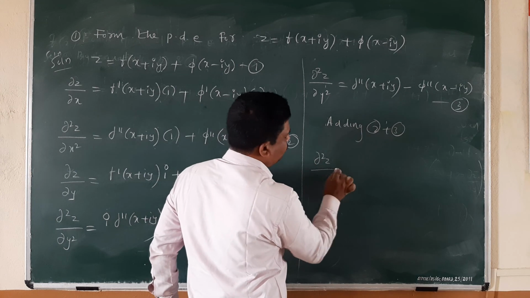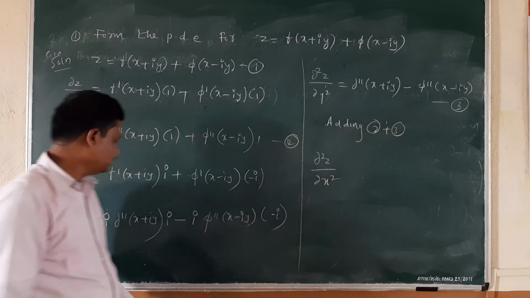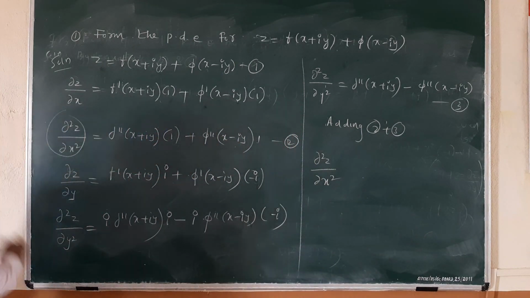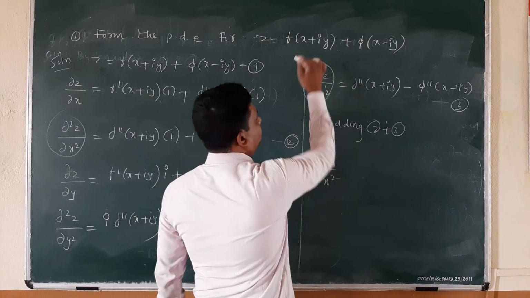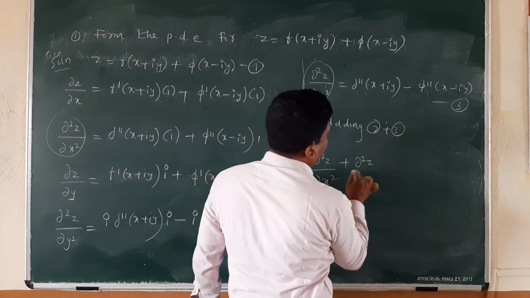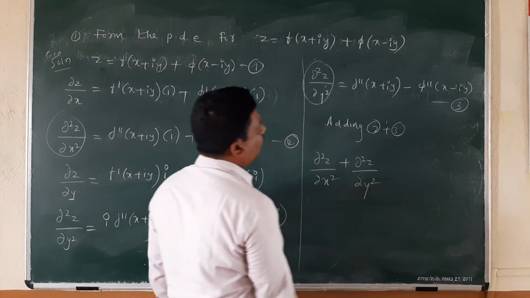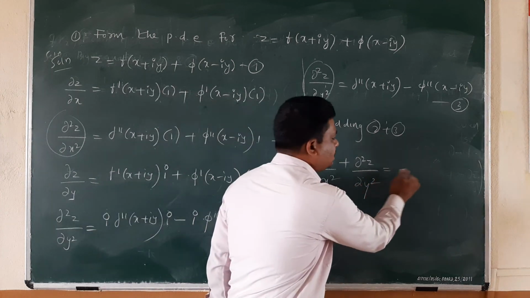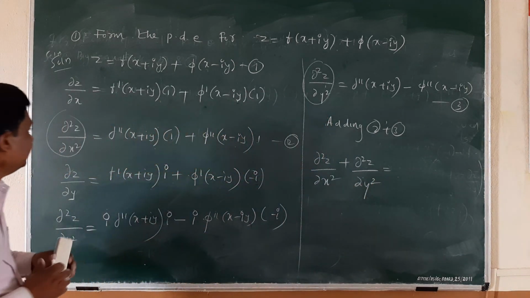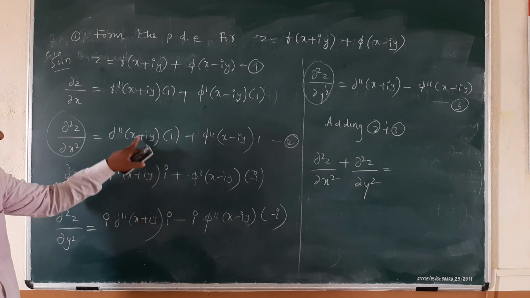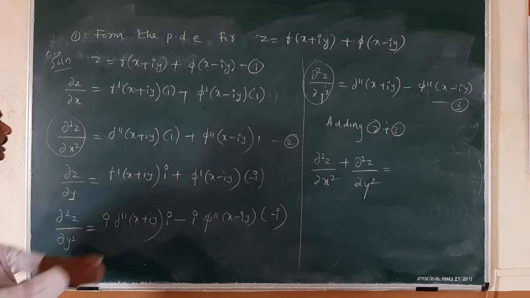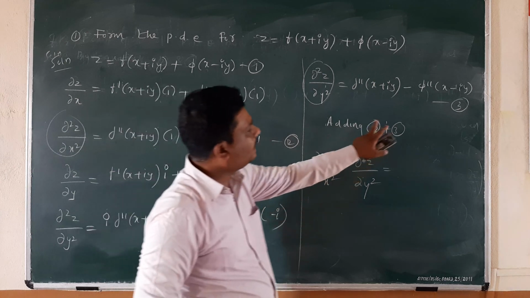That is dou square z upon dou x square from equation number 2 plus dou square z upon dou y square from equation number 3, which is equal to, see here we are having f double dash of x plus iy with positive, and here we are having